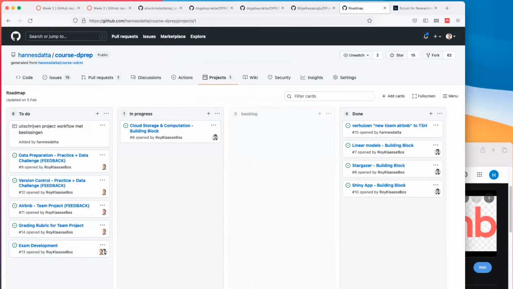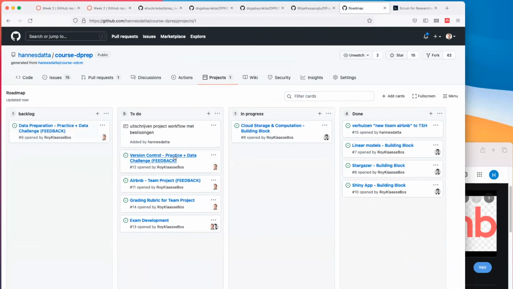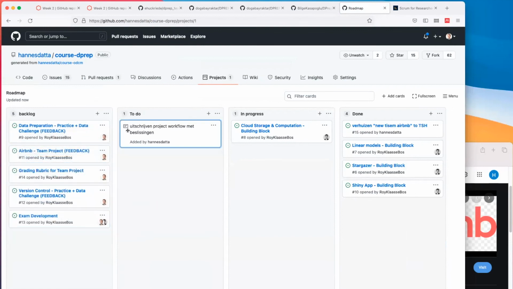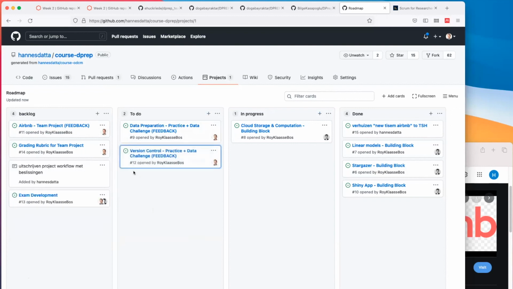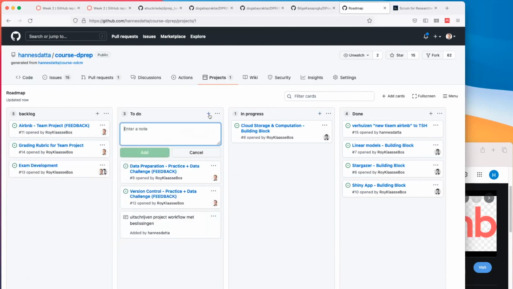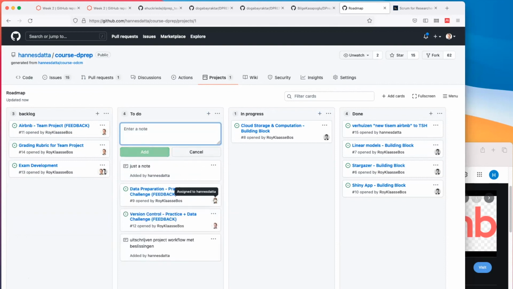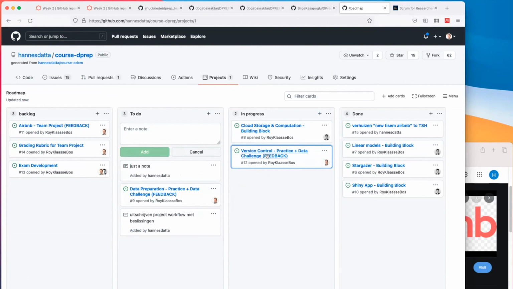Backlog, which is anything that you could potentially work on. This is an old thing and I haven't maintained it in a while. This is the to do, in progress, and done. So backlog, to do, in progress, and done. And when you meet up, you say, what are we going to do in the next week? And you're moving the issues that you want to work on to this column. Maybe you want to add a new issue, just a note. This is what you're going to work on. You can assign people to it. You can attach the issues that you're working on. And when you are working on stuff, you can put it in progress. And when you're done, you put it in done.